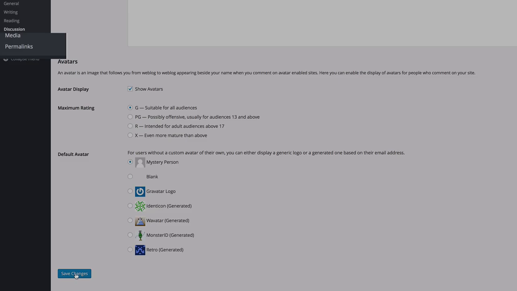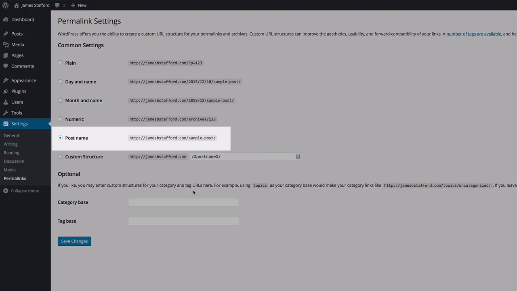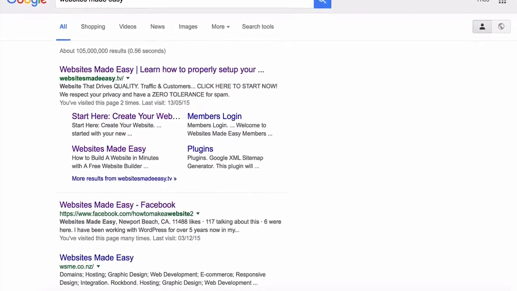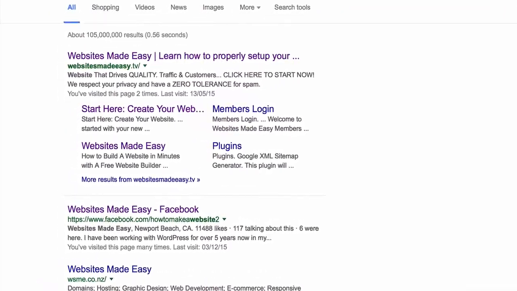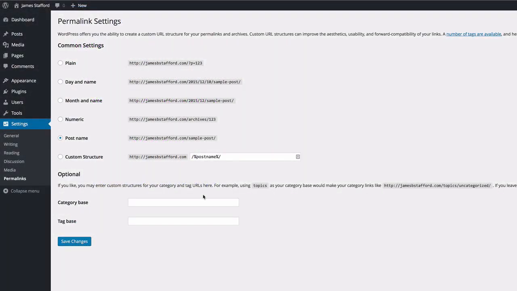So we'll head down to Permalinks. Now this is extremely important. We want to change this to post name. What this is going to do is enable us to be found online through our various posts and pages. So each time we create a new post or new page, it's going to be named whatever we name that post or page. So for example, we might have